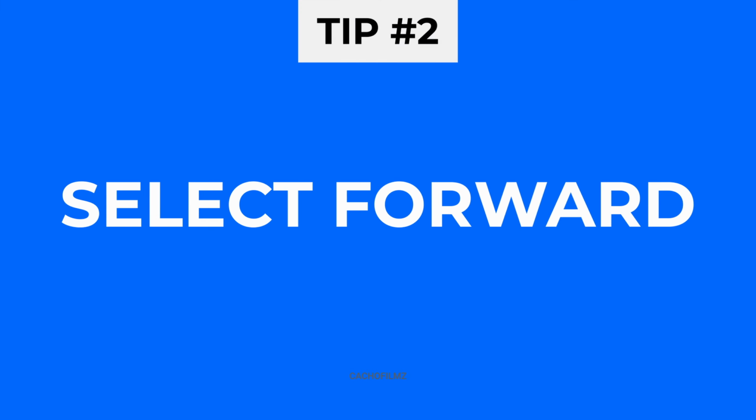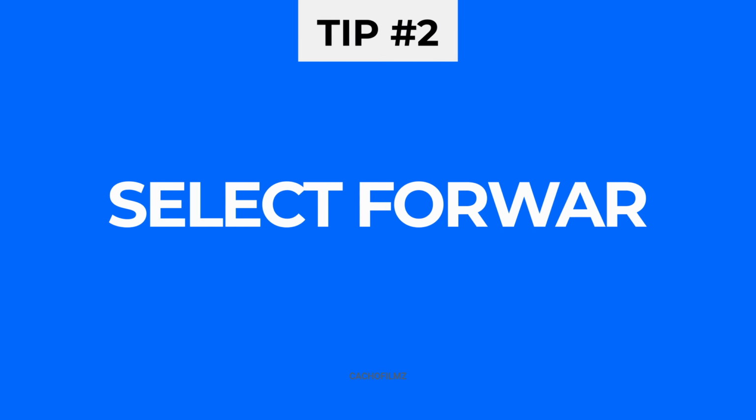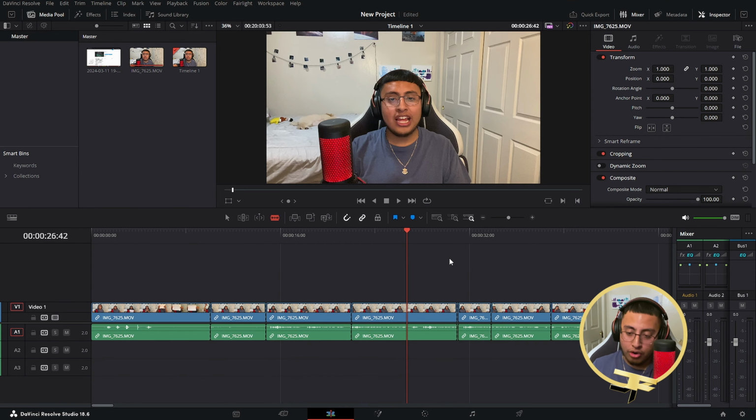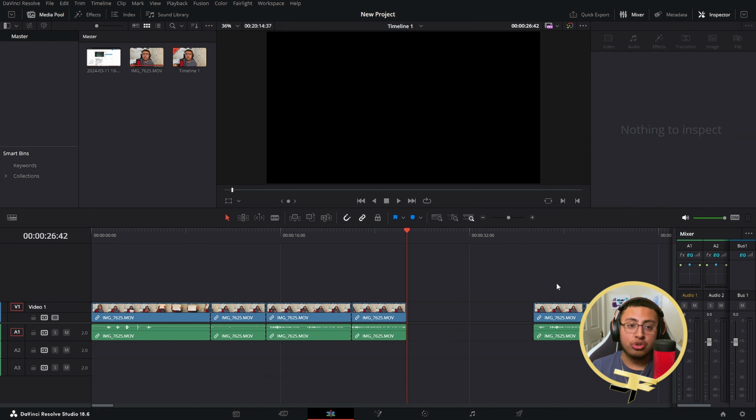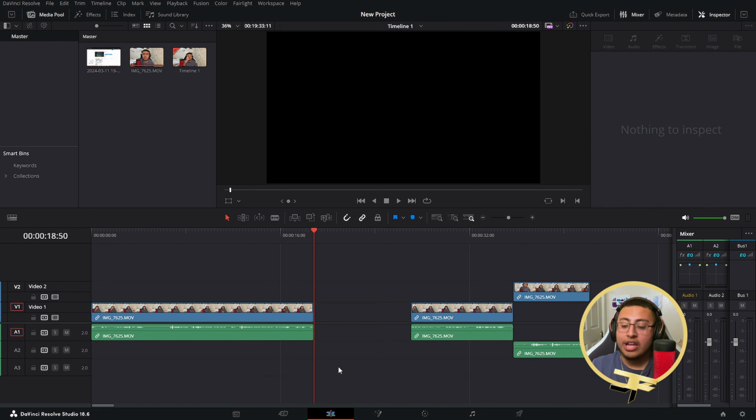Tip number 2, select forward. So my second tip is actually that, select forward. So let's say you want to slice this, right? From right here, now let's say we want to move it somewhere else with a simple button, either Control N or N, which I have set up. You could actually just go ahead and drag everything towards the right,